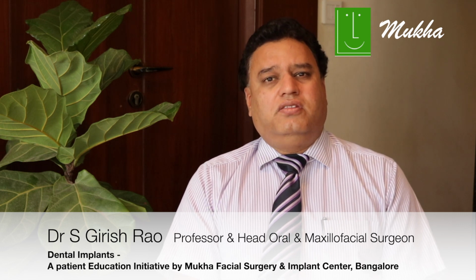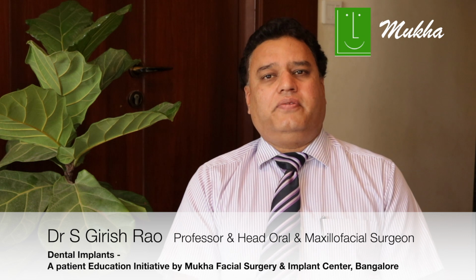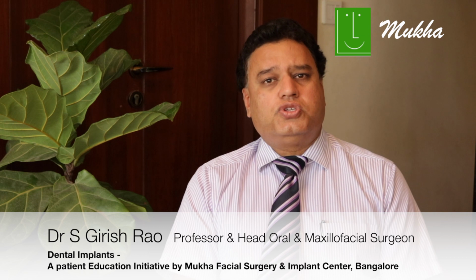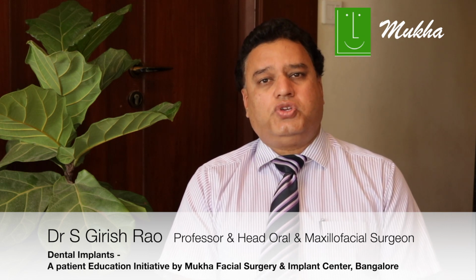And the discomfort associated with dentures is very significant. There is social embarrassment when it becomes loose and you're at a function and your dentures are wobbling, difficulty in speech, difficulties in chewing. Phonation becomes a major problem, and chewing becomes a major issue with conventional dentures. These can be completely taken care of with dental implants, and with the fixed solutions which we have, your quality of life becomes extremely good. So that makes a huge difference to your